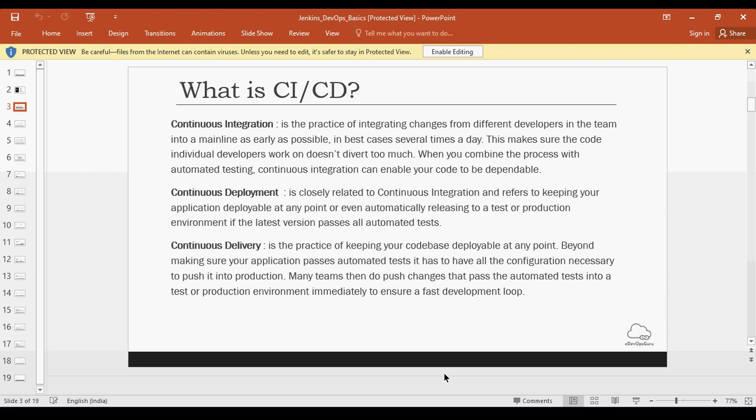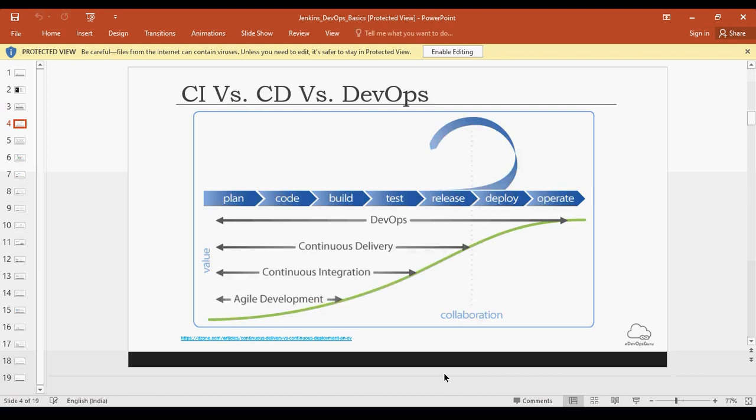And in some cases, the code can also be released. So continuous deployment and delivery differ in a way. Let me show it graphically. So this is